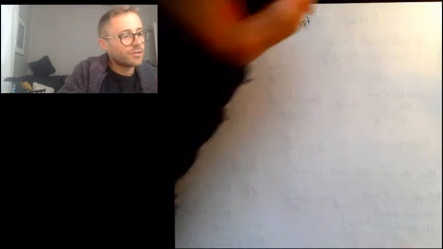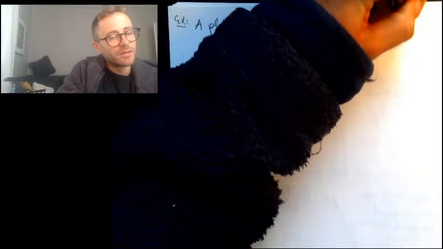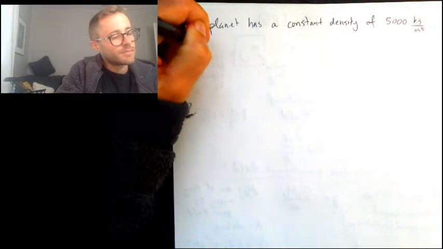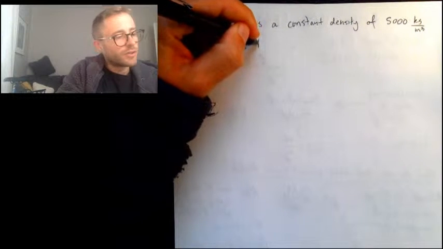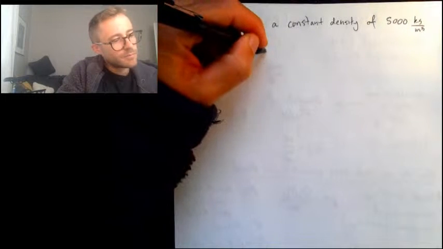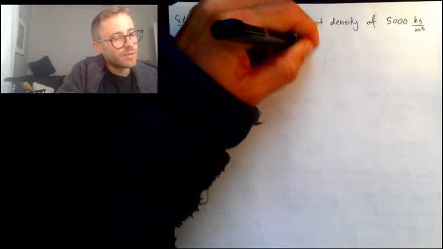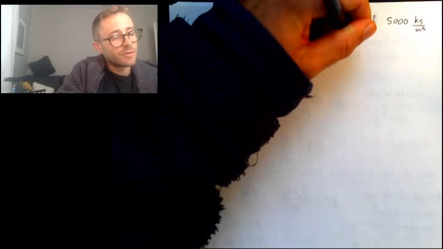Let's suppose a planet has a constant density of 5,000 kilograms per cubic meter, and radius, let's say, 4.1 times 10 to the 6th meters. What is the gravitational field